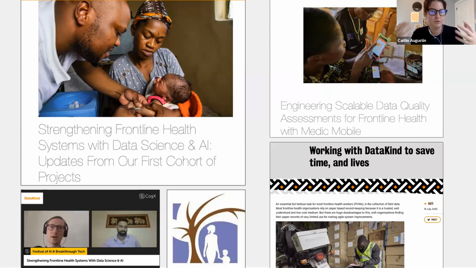So for example, engineering scalable data quality for frontline health. We worked with Medic Mobile in one particular deployment. We are now working with not only Medic Mobile, but a number of other platform providers for digital health case assessment to build the same set of data quality assessments onto their platforms. So rather than one actor, multiple actors.